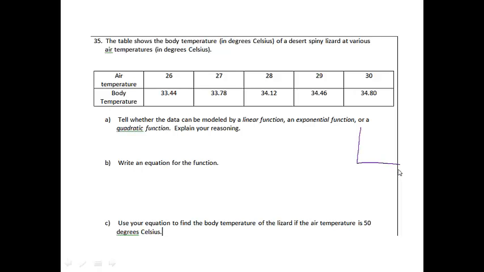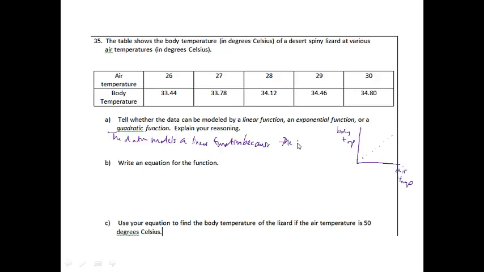Please make sure if you did that, we would label the x-axis the air temp, and the y-axis would be our body temp. And then when I did that and did my scatter plot, it turned out to be a nice straight line. So I would say the data models a linear function